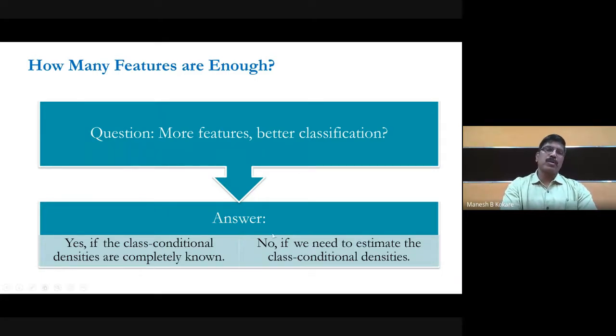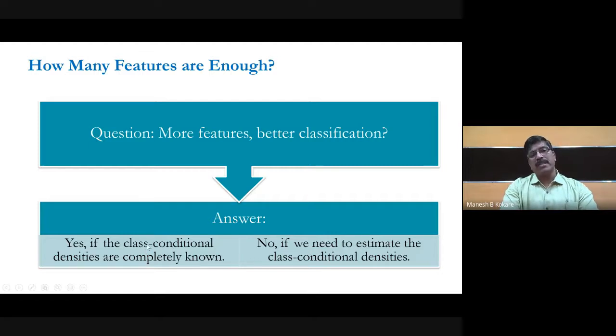So if class conditional densities are known, then more features will give you more accuracy, and since you already know the densities, you don't have to waste time calculating them, and your system will be faster and more accurate.